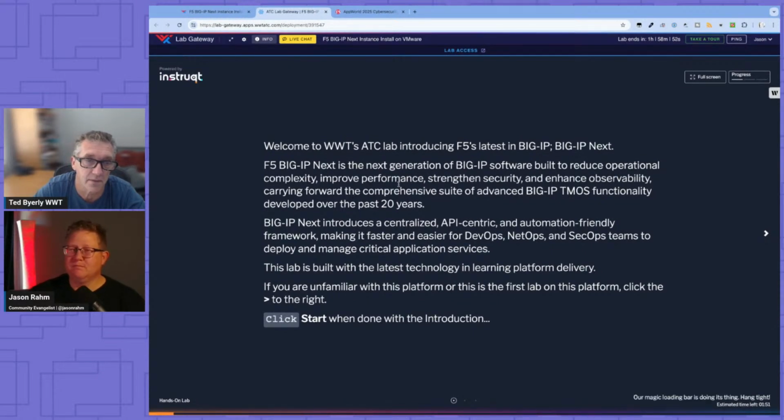If you're not familiar with this platform, you can take the little right arrow. It's a 2-minute video on how to navigate. But really right now you're building up the infrastructure, launching the VApp that's internal to WWT's ATC. And we have an outside client. I did switch some of these later to not be an outside client. You'll RDP to them in this browser, but right now we're building up a little bit of infrastructure just to get things going. We've got about a minute and 20 seconds left for that.